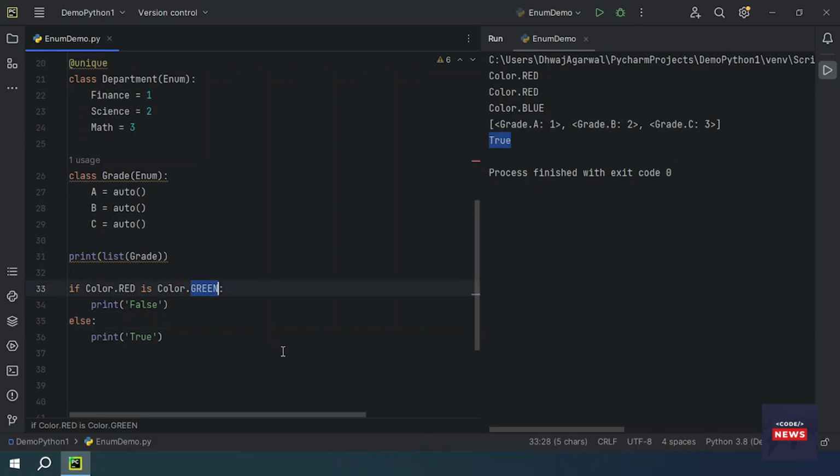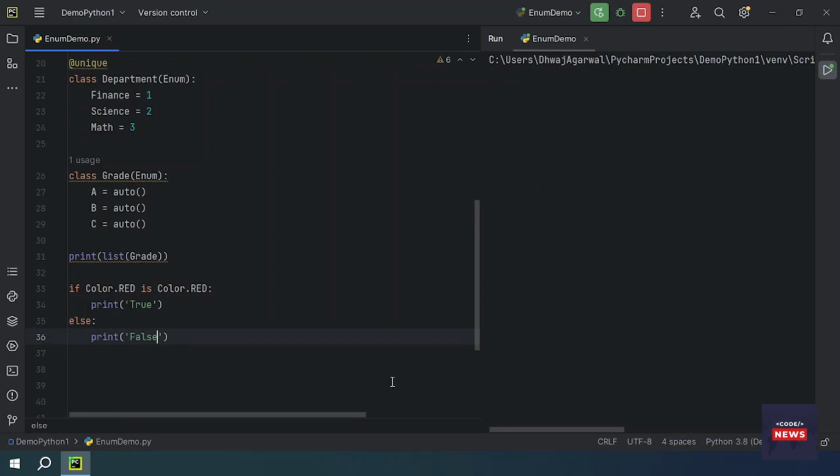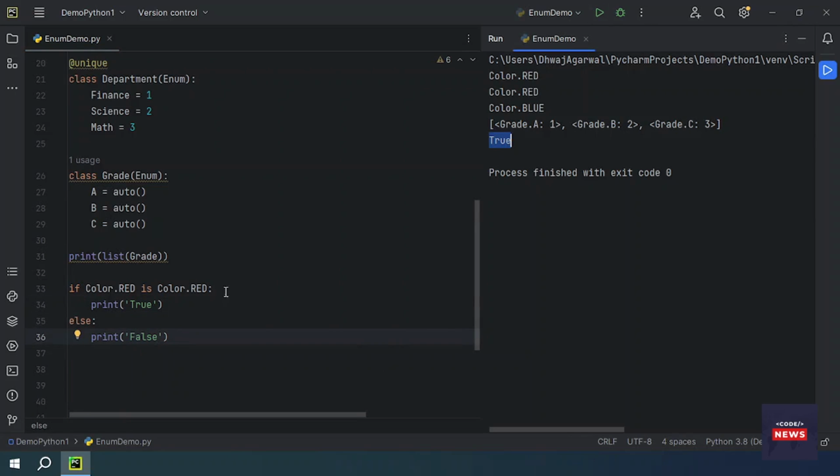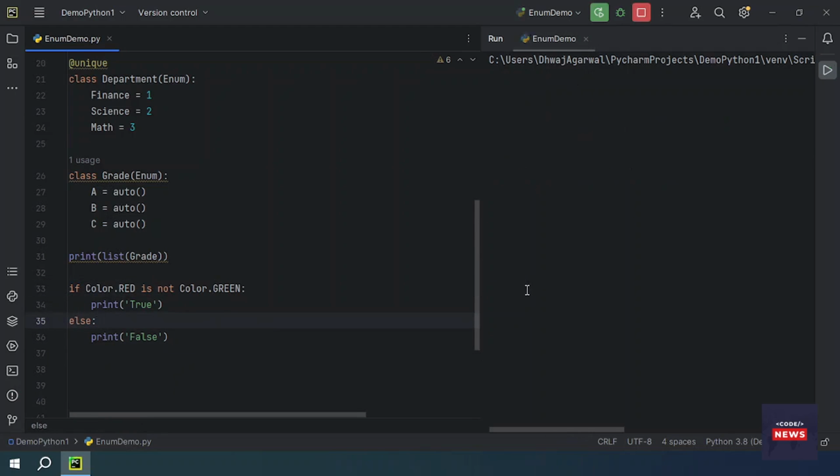If you make it red, it will print false. If it is green, it will print false. This is one way, or you can use is not.